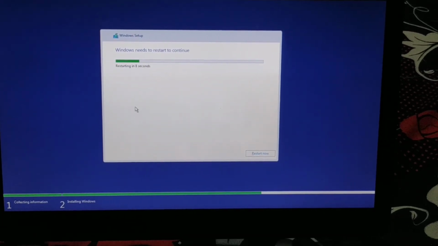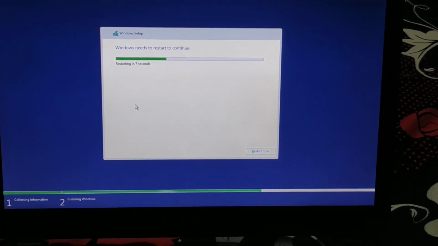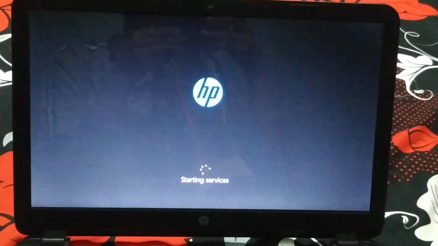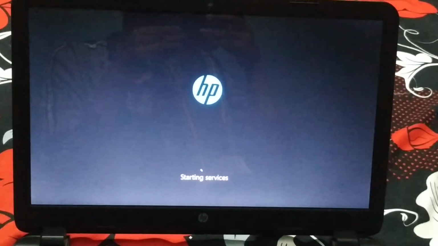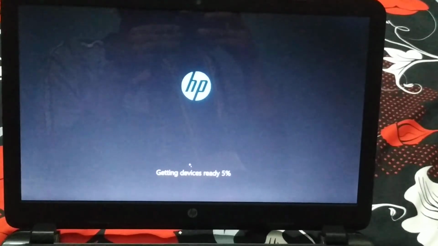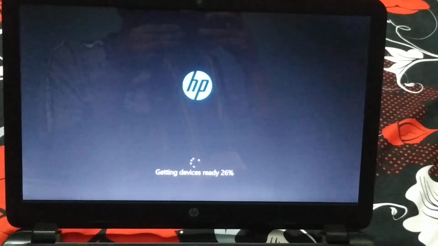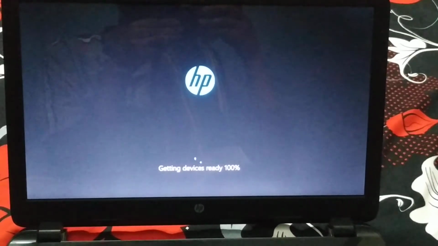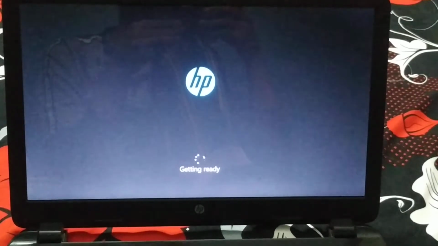After finishing up, you can see my PC is restarting. Now here you can see that it is starting services. Then getting devices ready, and it will be done at 100%. Then again getting ready.